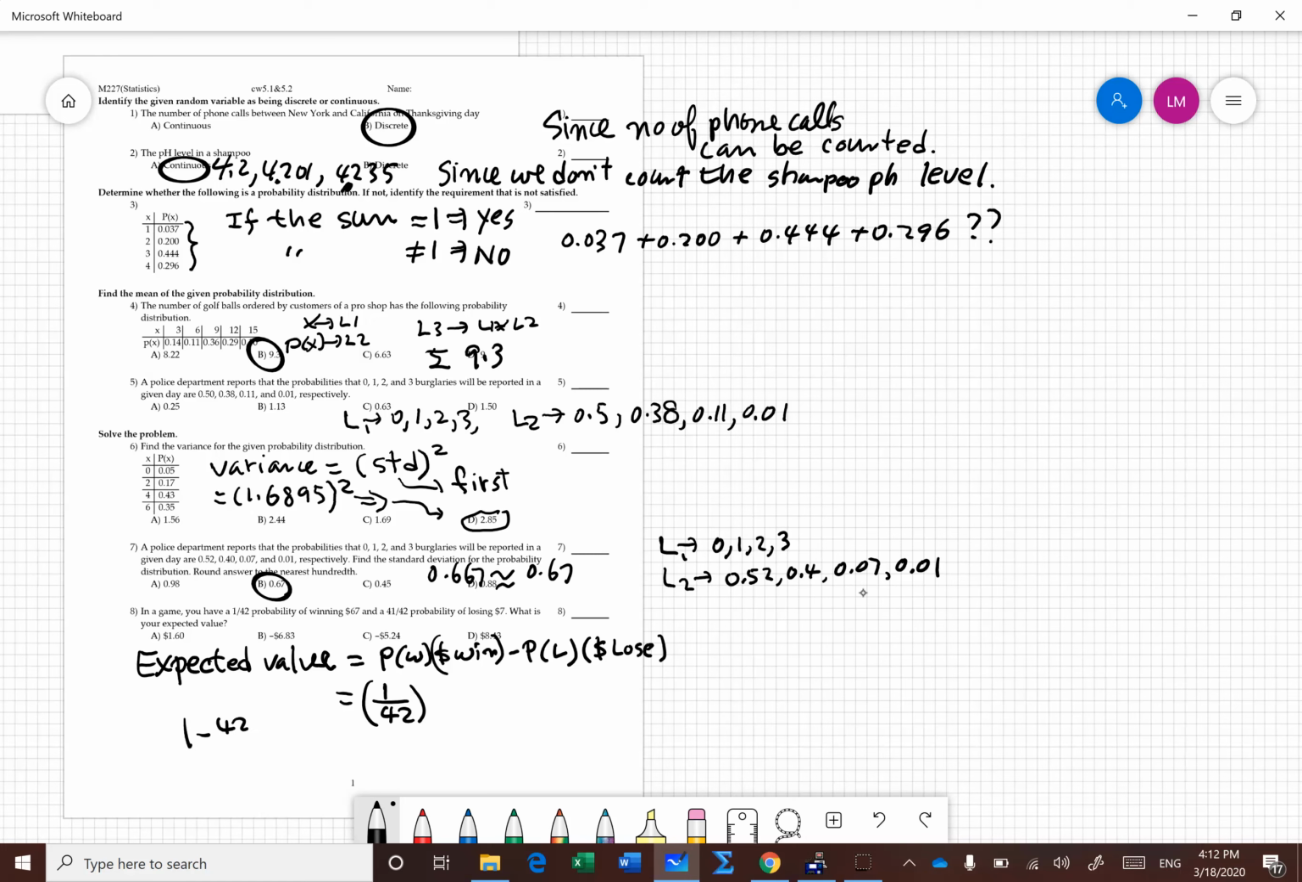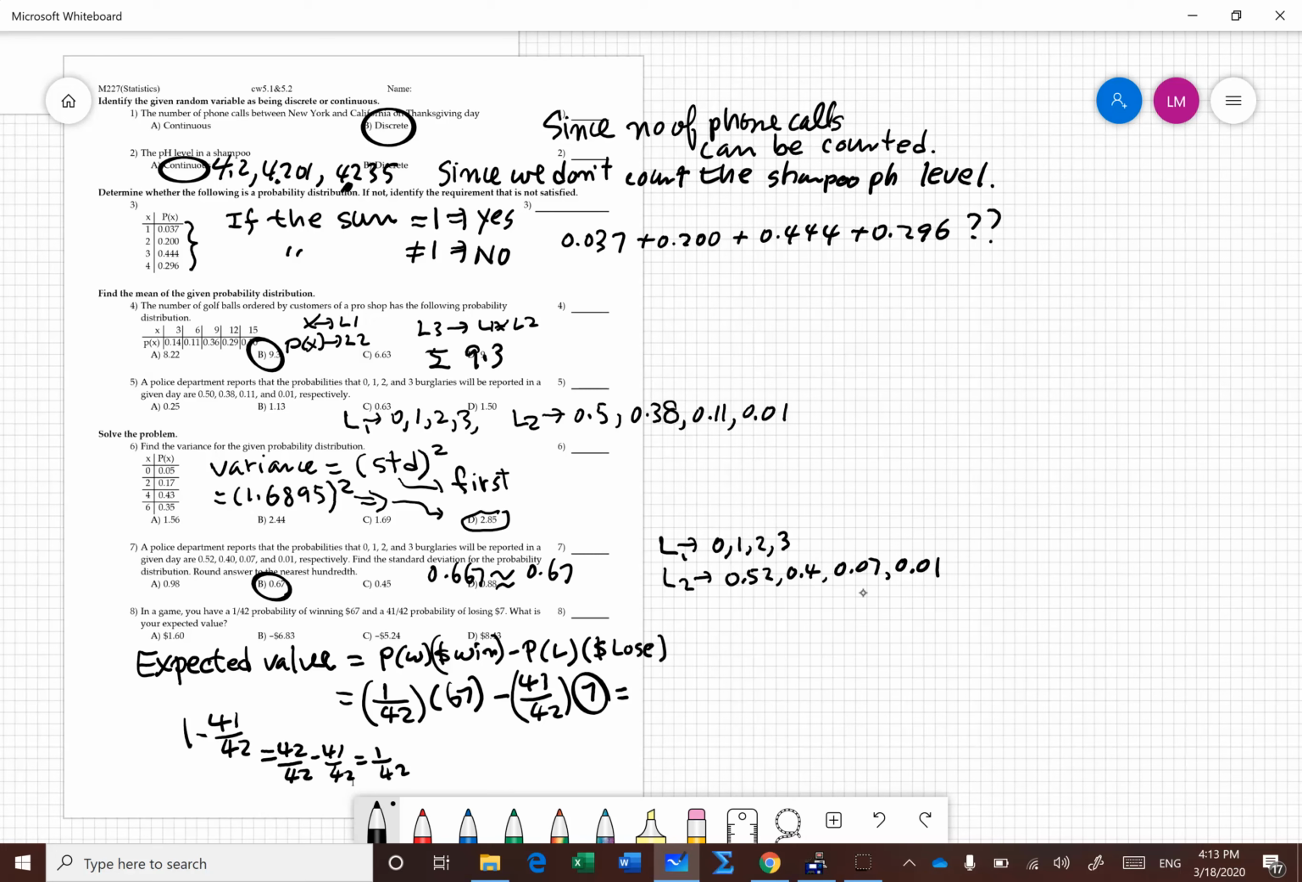1 minus 41 out of 42 is 42 out of 42 minus 41 out of 42, which is 1 out of 42. So that time, how much do you win? If you win, you win $67. But the probability of losing is 41 out of 42, and you lose your bet, which is $7. Okay, so if you do that in your calculator,